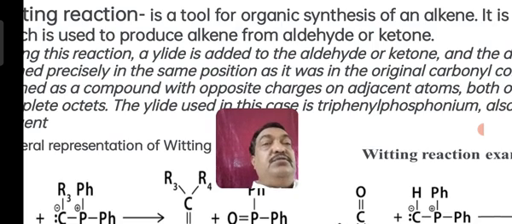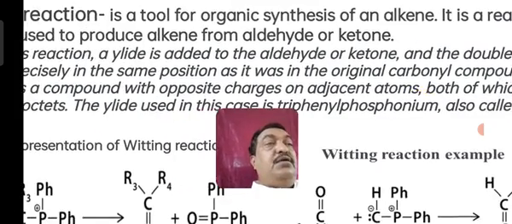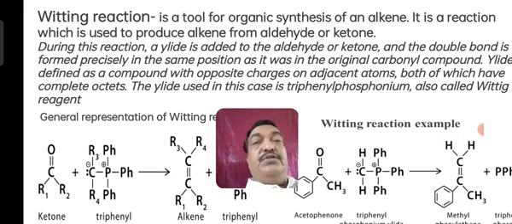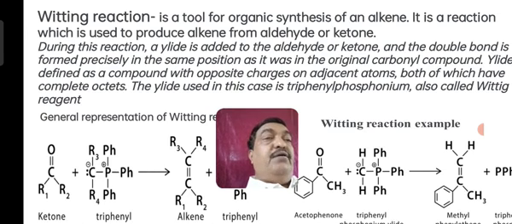It is a reaction in which alkenes are produced from aldehydes and ketones. During this reaction, a ylide is added to the aldehyde or ketone, and the double bond is formed